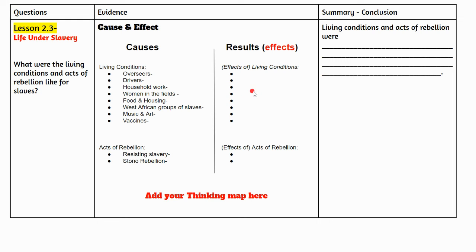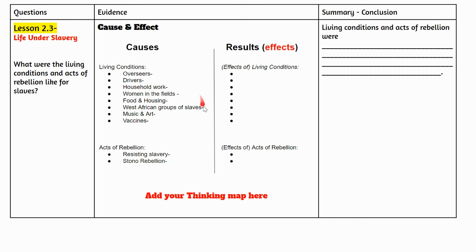Okay. If you compare it to working out in the field, sun up to sundown with a very small break, it was certainly easier than that. So the effect on slaves' living conditions is that it was a lot easier. Not easy work, but certainly not as hard as working in the fields. So you would continue with these, giving a description. Let this short little description that you add,